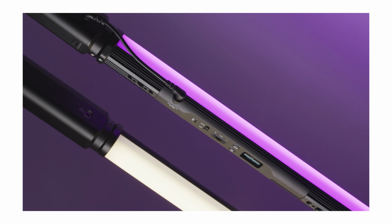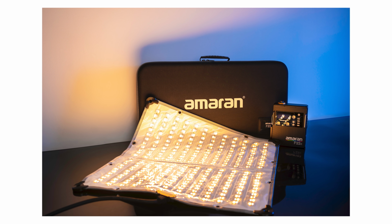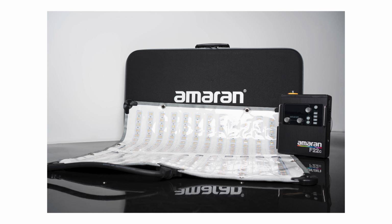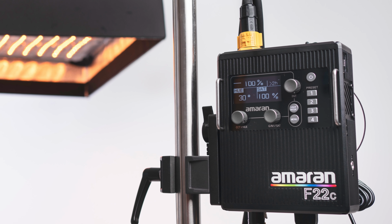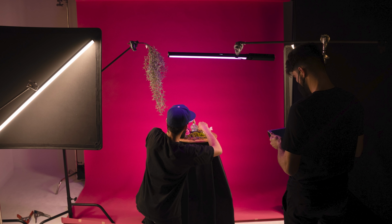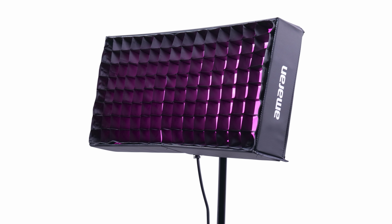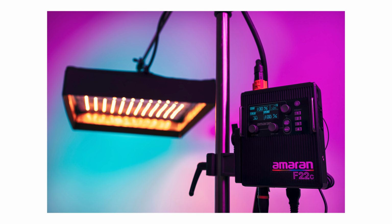Amaran has released two series of products that we've been waiting to see from them for a while now. The T2C and the T4C tube LED fixtures and the F21X and F21C, as well as the F22X and F22C, which are flexible LED fixtures. As with previous Amaran fixtures, the C stands for RGBWW and X stands for bicolor. Pricing on these units looks pretty good, and they both look to have some really unique features, especially the tube